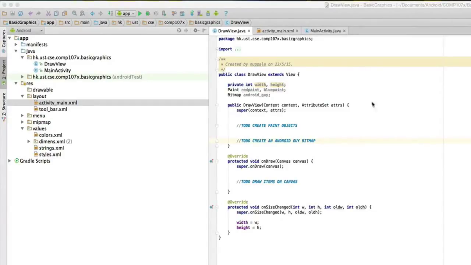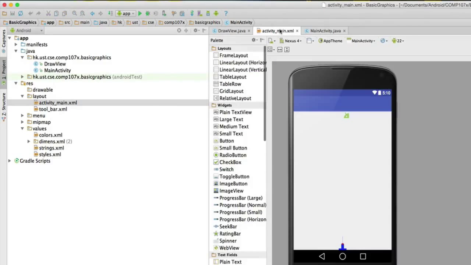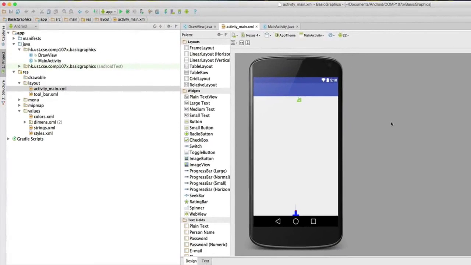First and foremost, open the main.activity.java file. You will notice that this is a standard activity that we have seen earlier, and there is not much variation in here. And you also see the use of the toolbar in the main.activity.java file. Now, second, open the activity main.xml file. You will see that inside this file,